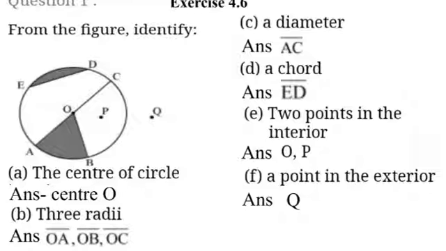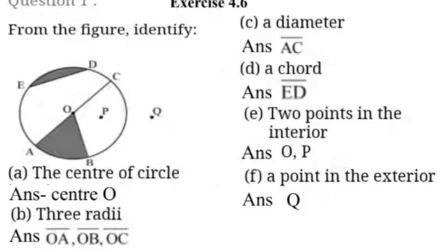Now student, everything I have explained to you about circle, points on the circle, center of the circle, interior point of the circle, exterior point of the circle, sector of the circle, segment of the circle, chords of the circle, diameter of the circle, and radii of the circle. A single segment is called a radius, but if there are many, then they are called radii. So singular radius and plural radii.